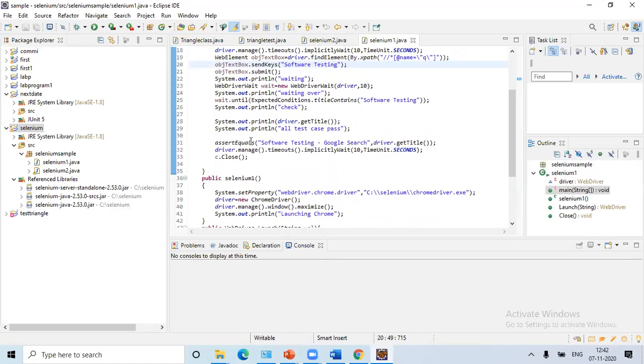And then using assertEquals, again we are going to check software testing in Google search against whatever getTitle returns. If it is going properly, it is going to store software testing in this. So using getTitle, I am going to get the software testing title. If it matches, then it is okay, and we are going to close.